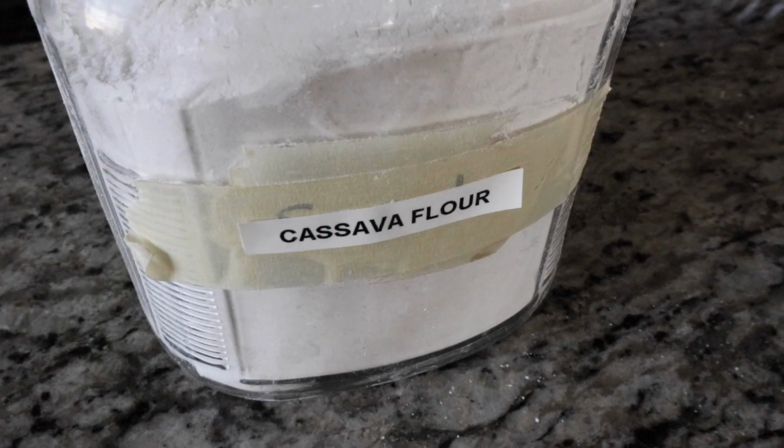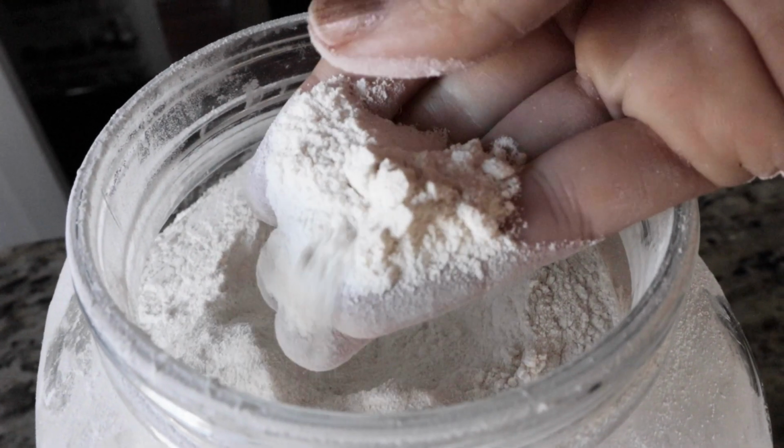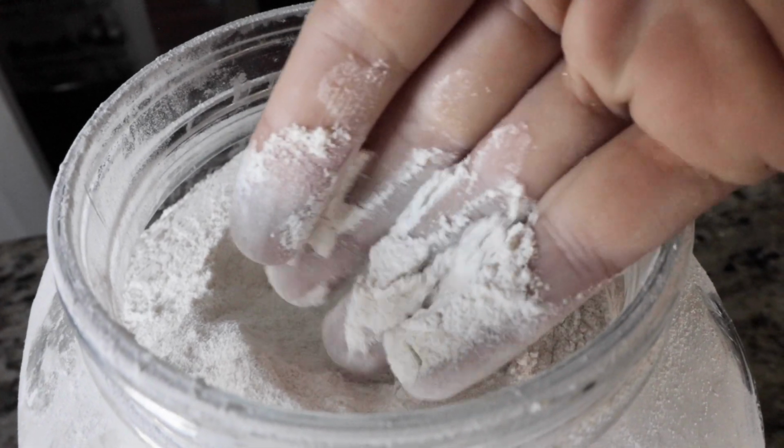delicious baked goods. The other flour that is made from the yucca plant is cassava flour. Now this is made more with the entire cassava root rather than just the starch. However, it is also high in starch, so it is to be used in moderation, and you need to look out for any negative effects after having it. However, it can also be made into some pretty delicious baked goods, so it is something to look at